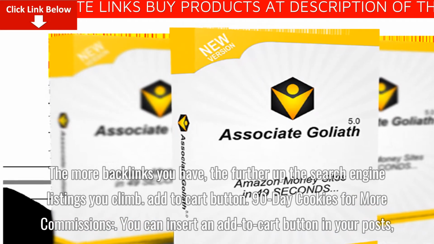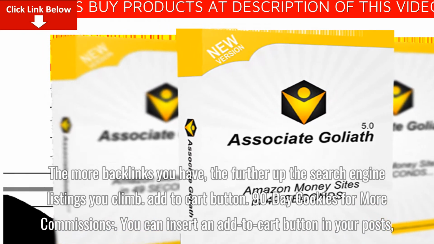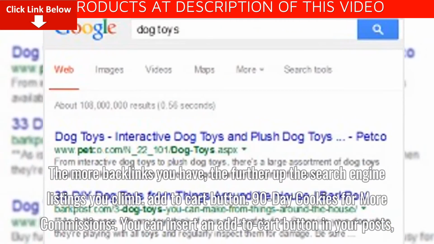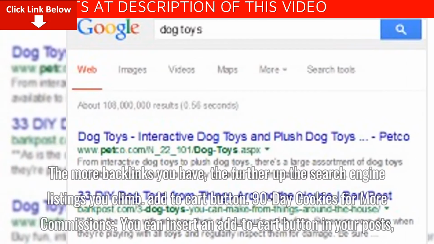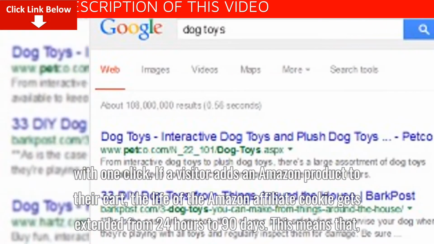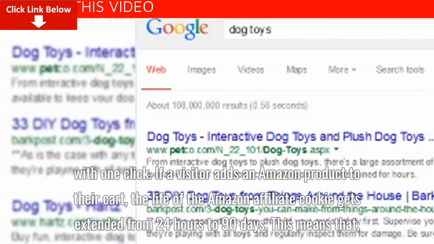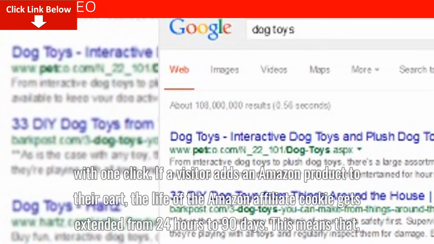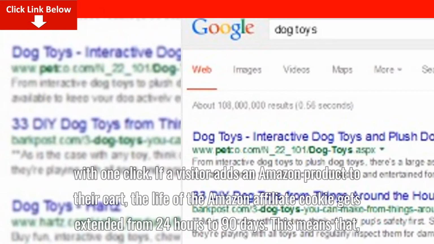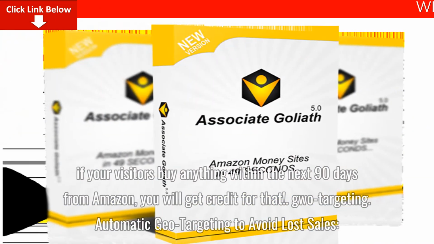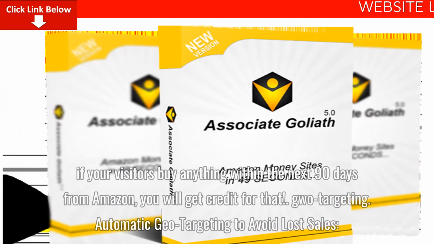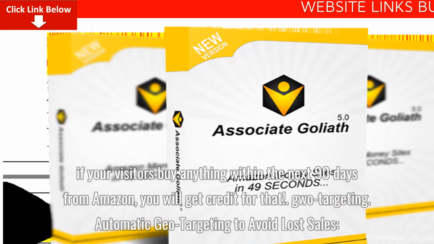Add to cart button. 90-day cookies for more commissions. You can insert an add to cart button in your posts with one click. If a visitor adds an Amazon product to their cart, the life of the Amazon affiliate cookie gets extended from 24 hours to 90 days. This means that if your visitors buy anything within the next 90 days from Amazon, you will get credit for